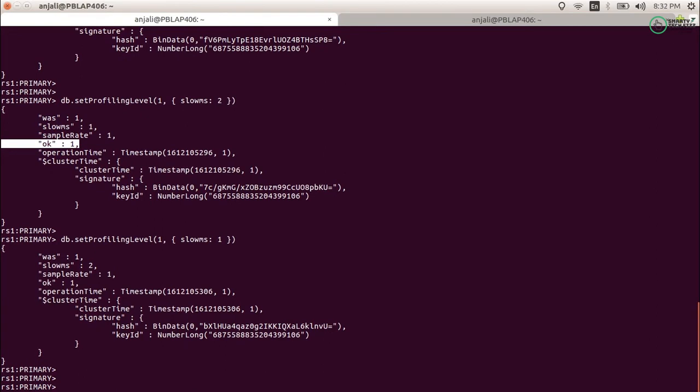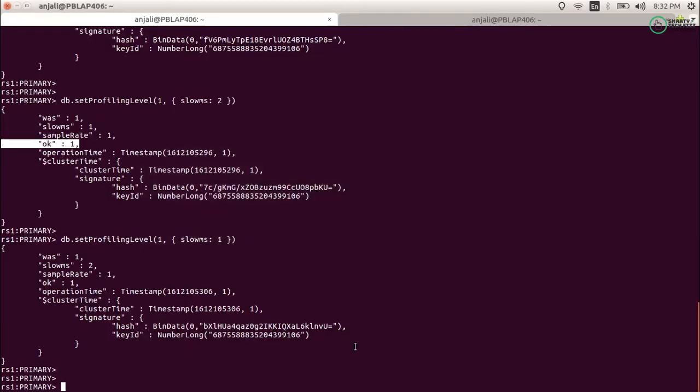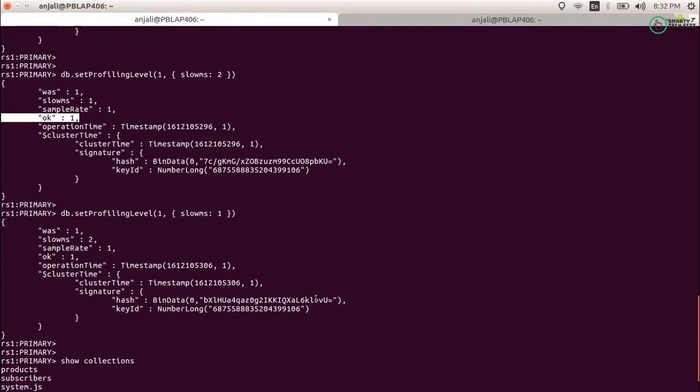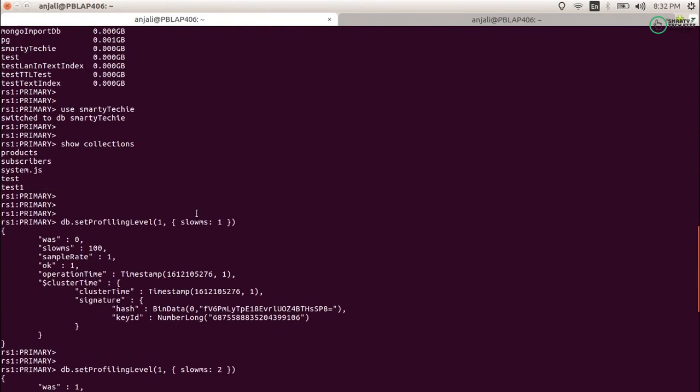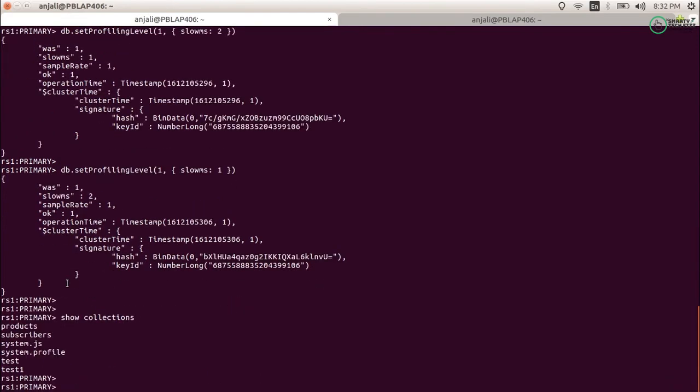So we have set the profiling level, and after setting it, you can just go and check the collections. Now you can see that before enabling the profiling, we didn't have any system.profile collection, but after enabling the profiling, we have the collection named system.profile.